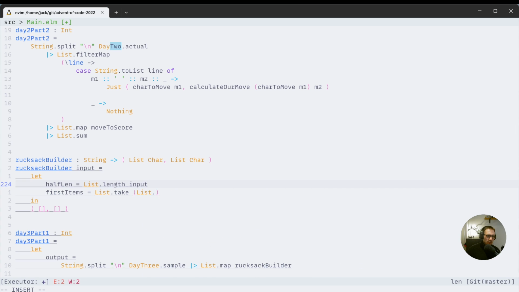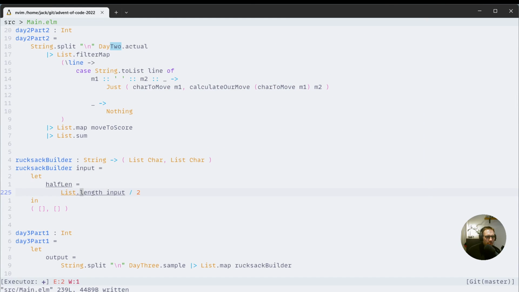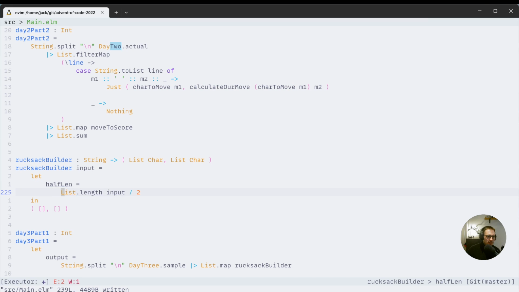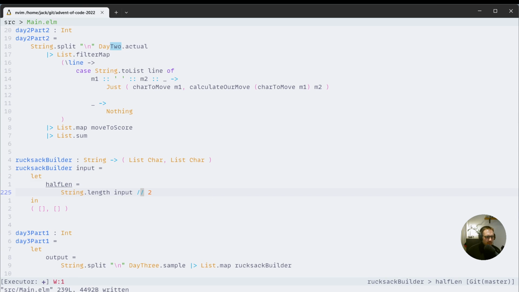Half len equals list length input divided by 2. Some brackets needed there. Oh, I don't mean list dot length, do I? I mean string dot length. Okay, that's used for floating points. Oh, we need to convert them to